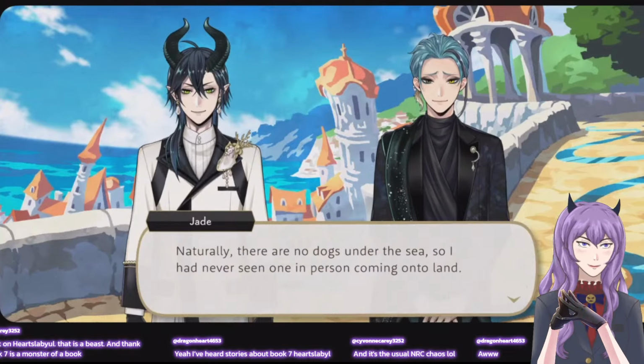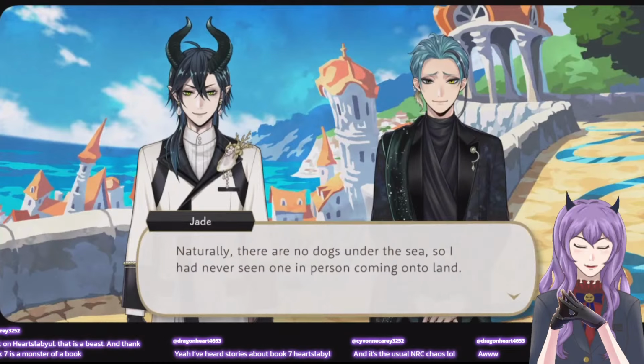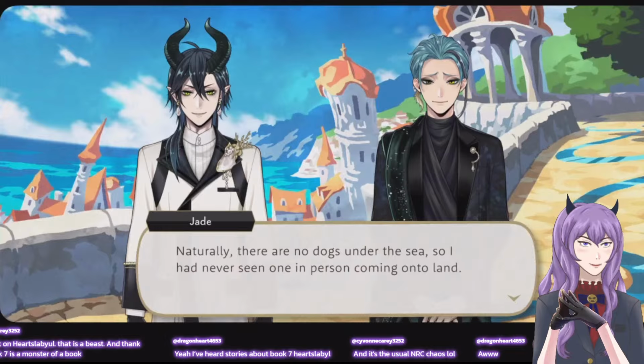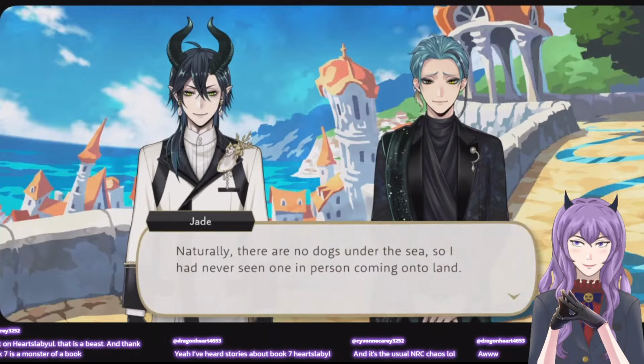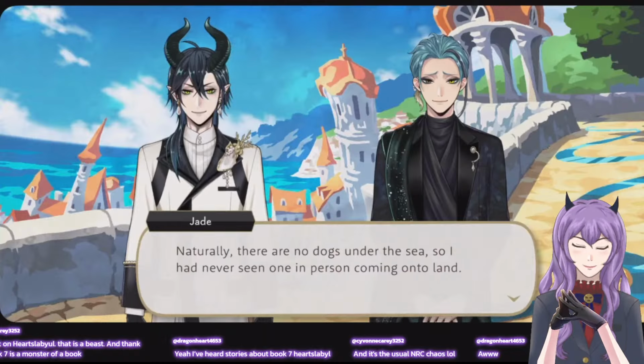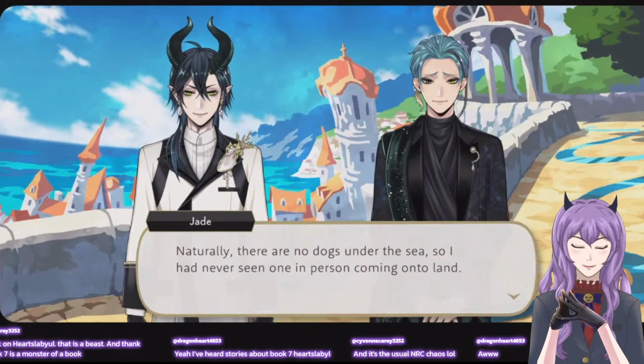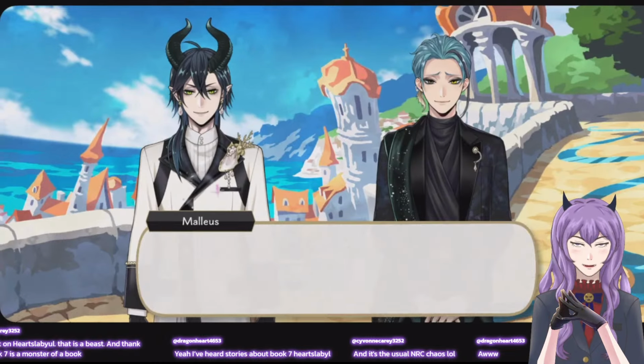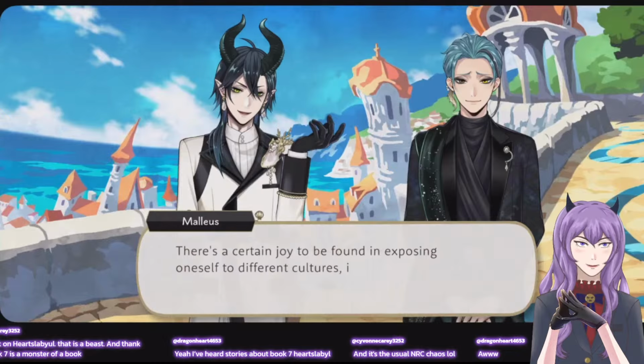It always cracks me up. The running joke on especially Azul not being able to differentiate what a dog is from other animals on land. I guess it makes sense. There's no sea dogs unless, I mean, I guess seals are kind of like dogs, right? They're like really round looking dogs. They're close enough. There's no actual dogs underwater with the fur.